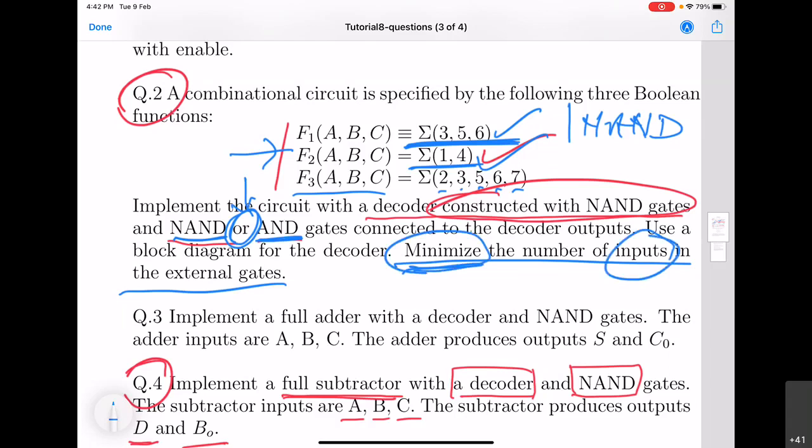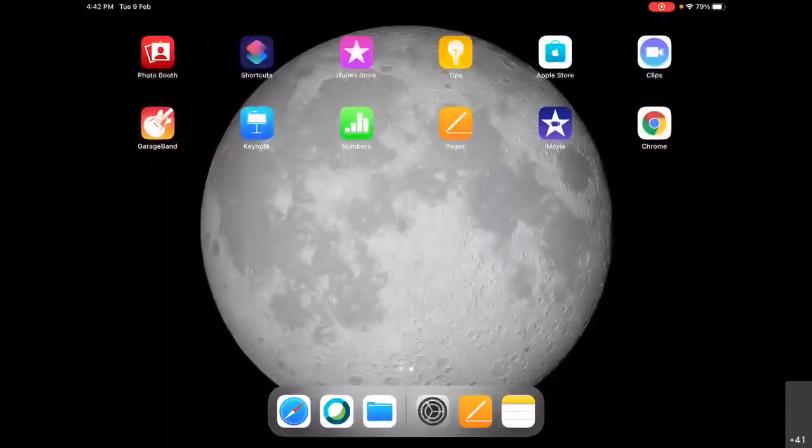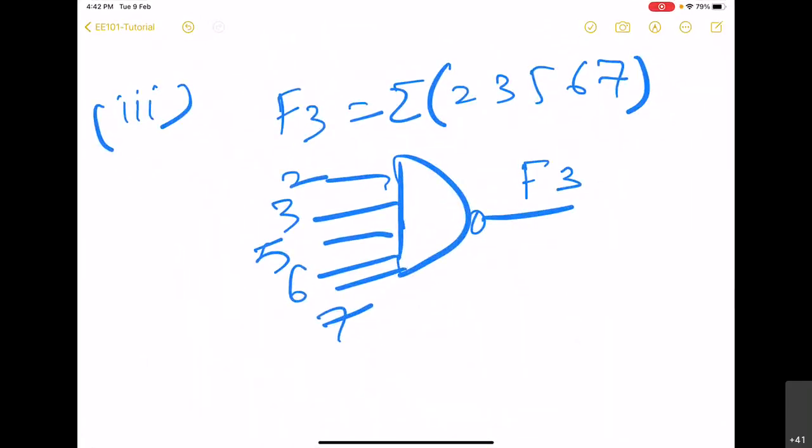So this is where you will have to think a little bit. The solution that will be proposed is not correct. Correct means not correct from the given question's point of view. So what can you do here so that you will have to use fewer inputs in the gate, not so many, 5 inputs.